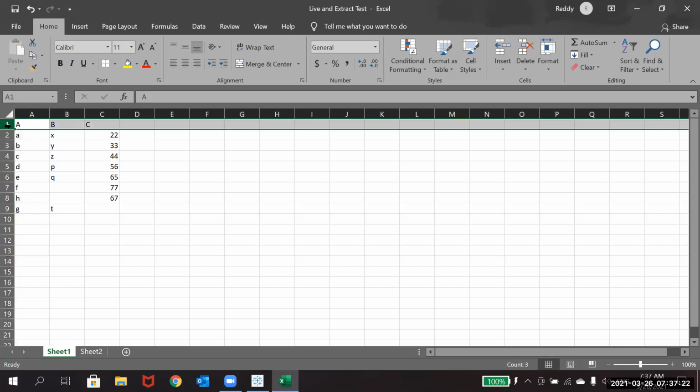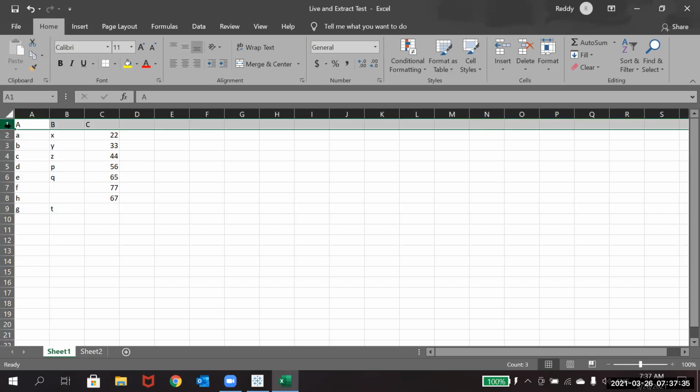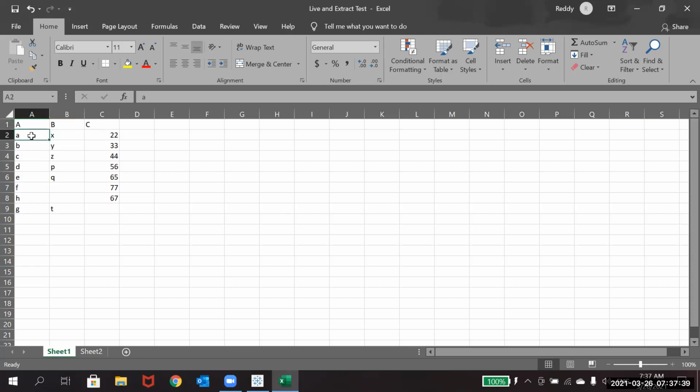Even if you don't put this on the first row and first column, there is a way to load it to Tableau, but for now put the columns on the first row and let everything start from the first column. Just try to put some random data.